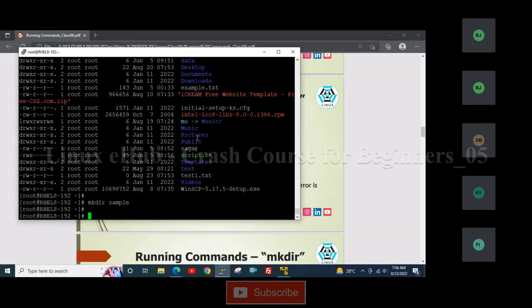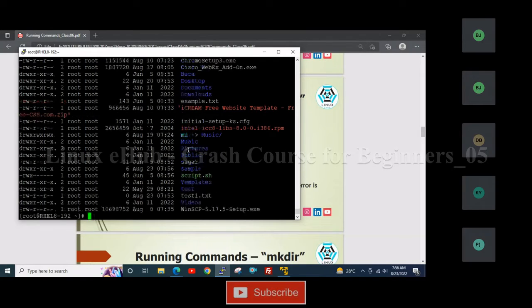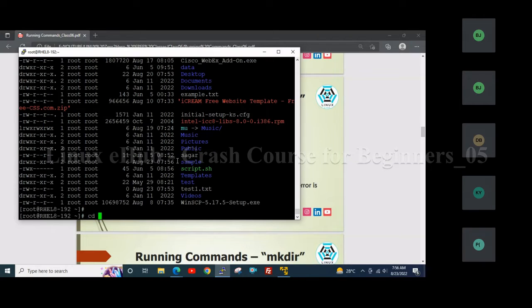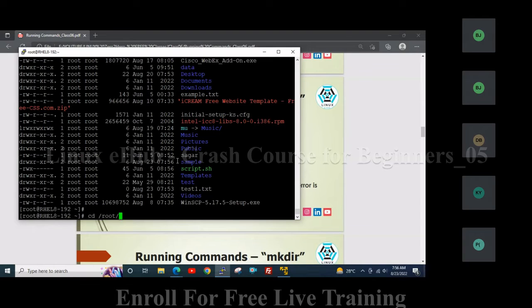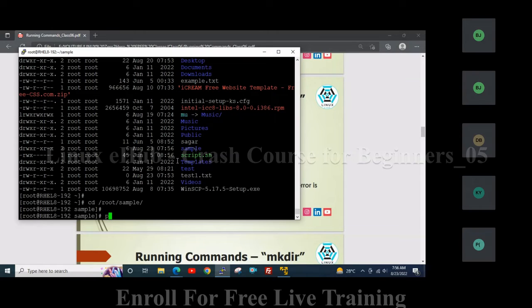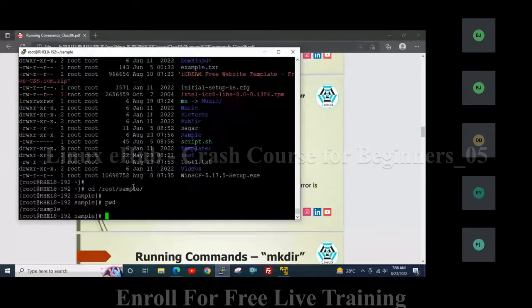We have created a directory with the name sample. Please check. Sample is a directory created, and here you can see D is present. That means this is a directory. We can navigate to the sample directory using the command cd /root/sample. I have already told you this is the cd command and this is the complete path. We have used the complete path to move to the sample directory, and another way is